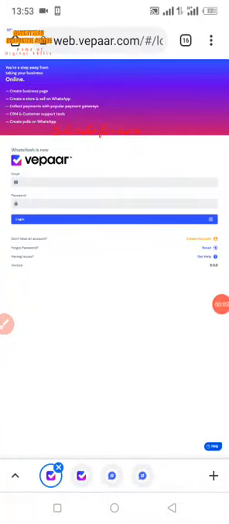Yeah, welcome to this wonderful session on how to create the WhatsApp e-commerce store. The web link for this tutorial is web.vpa.com. So just go to your browser and type web dot vpa